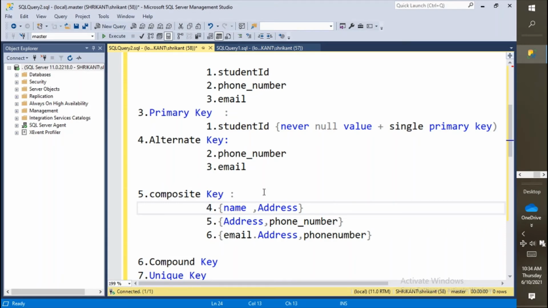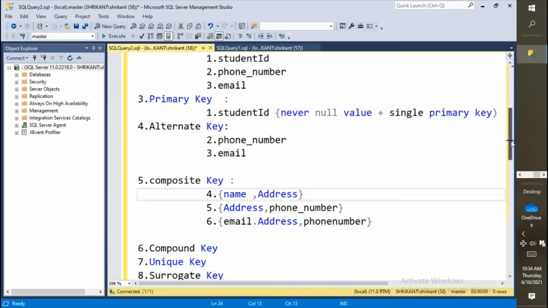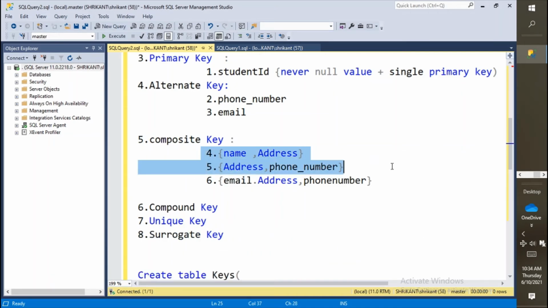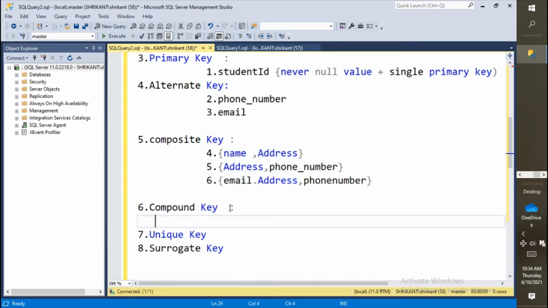If I say address alone, then one address might belong to 2 people, unless they add the postal code or anything. Just try to understand. So the address and phone number combination could represent the uniqueness, same for email address and phone number. So these are the combinations. I can say these are the keys which are combined, and these are the composite keys. Okay, just try to understand. There is no rocket science, and let me know if you have any doubt about these keys in the comment section.